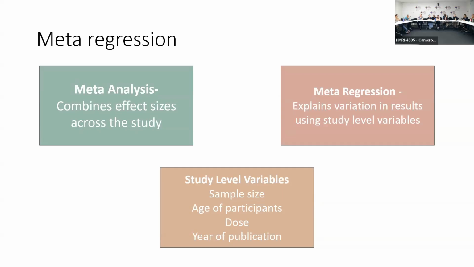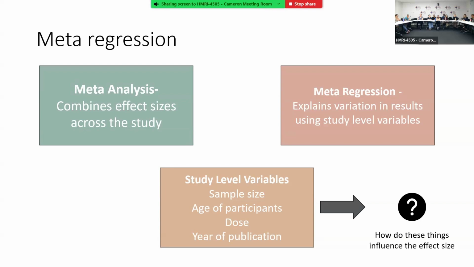And year of publication. Things change, technology changes, especially in an IT kind of digital world. In other worlds it doesn't matter as much. So what a meta-regression does is look at how these things influence the effect size, essentially looking at the relationship of these things to that Cohen's d effect size I was talking about. Meta-regression, who's excited now? Thank you.